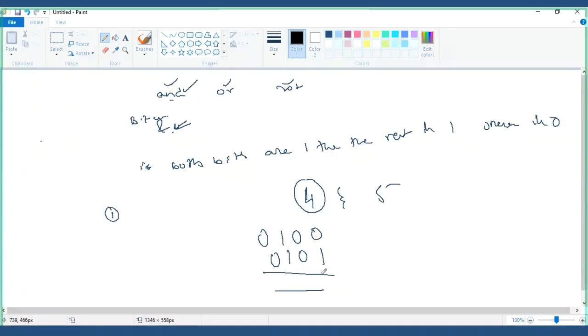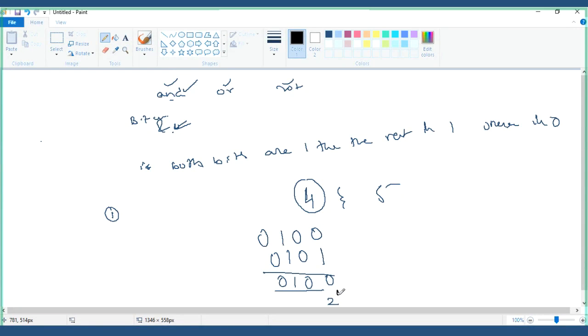What is the AND operator? AND operator means both should be true. Consider 0 is false and 1 is true. So 0 into 1, what happens? Zero. 0 into 1, zero. 0 into 0, zero. 1 into 1, 1. 0 into 0, zero.